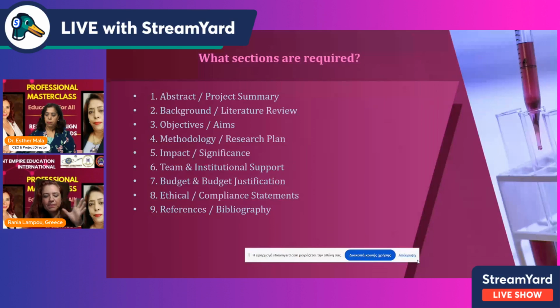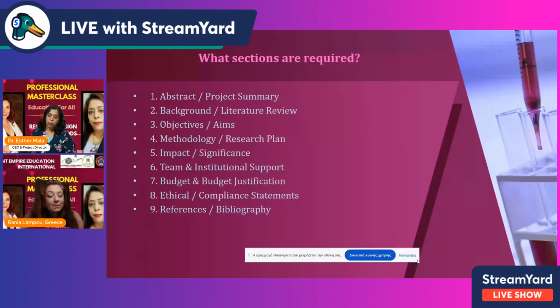So the abstract, which gives a clear, concise overview of the research, the background, the literature review. Here you show that you understand the current state of knowledge. You include the relevant studies. You mention why this research is timely and needed, how it builds or how it challenges existing work. Then the objectives, what you will accomplish, how you will achieve your objectives, so methodology, the research plan,